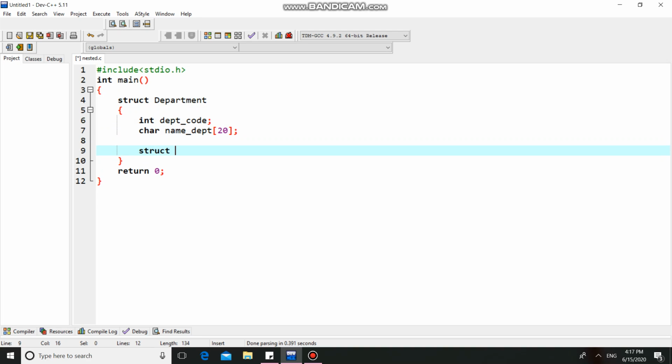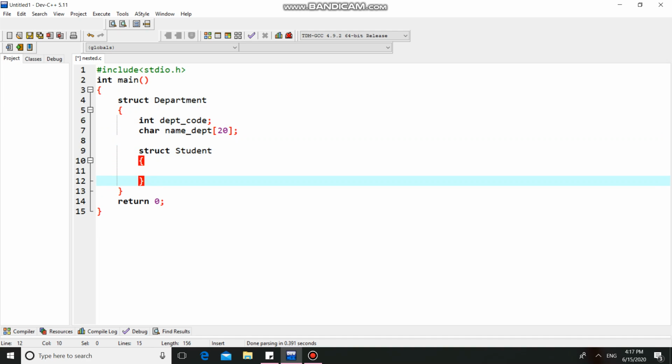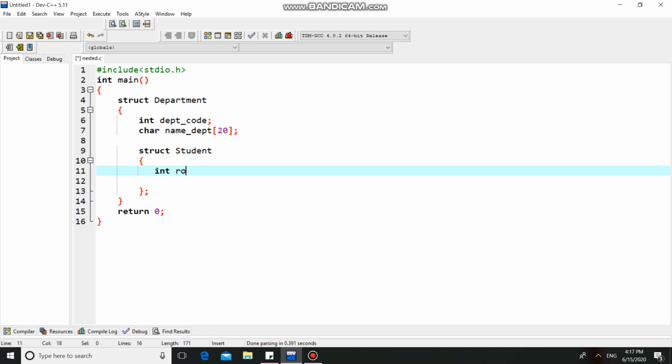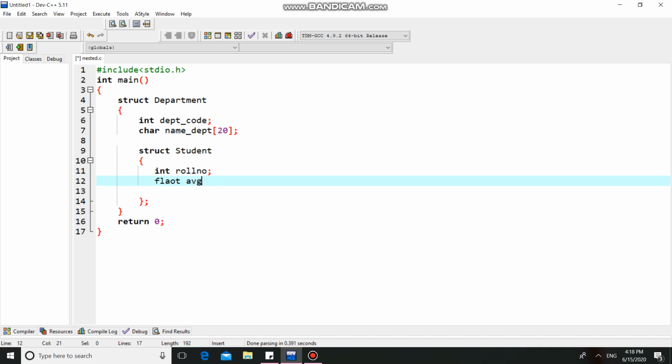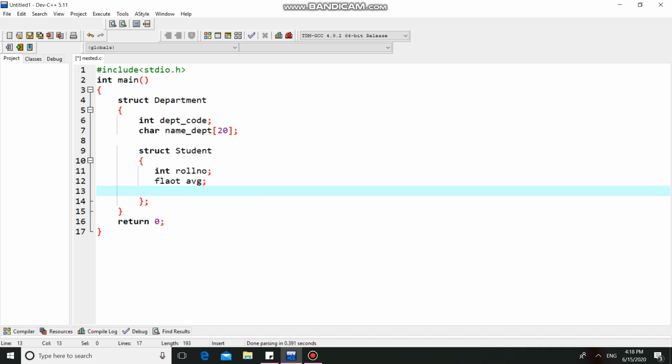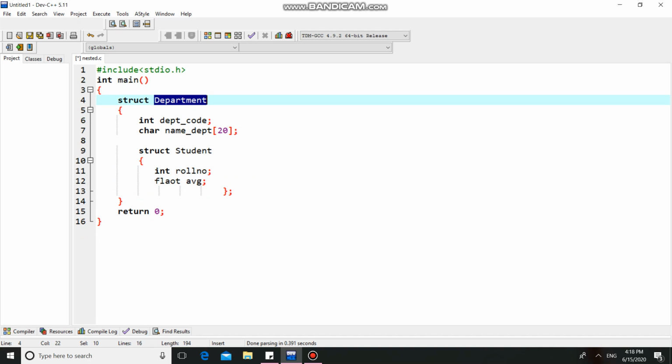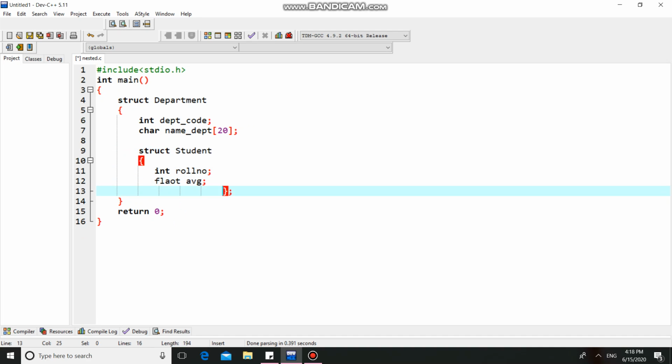Then I am defining the student structure inside this department structure. These are the members of the student structure: roll number and average. Here the outer structure is the department structure, and the inner structure is the student structure.